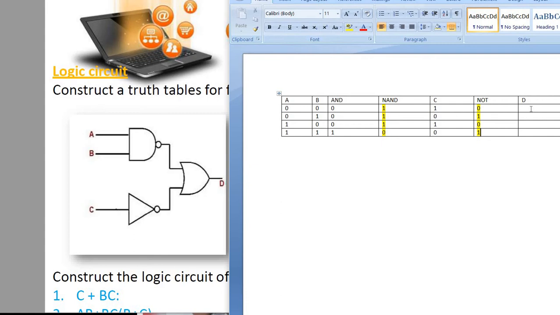See, now it's OR. In case of OR, if either one is true, then it's true. So here we are getting 1, so it's 1. In the second we are getting 1, 1. Again we are getting 1, then it's 1, and it's both 1. Again 1 we are getting. So the output we will get is 1. I hope you get how to construct a truth table for any circuit.